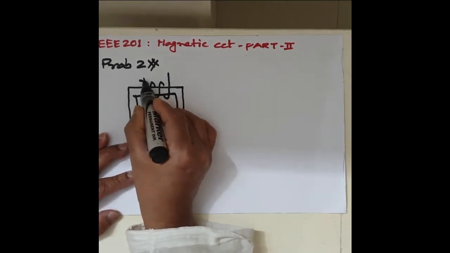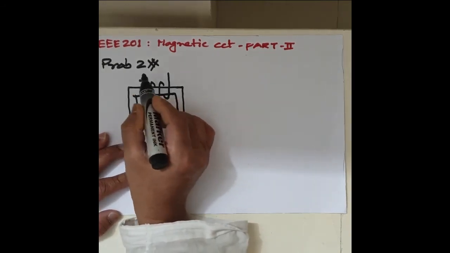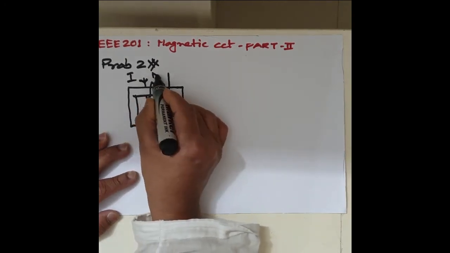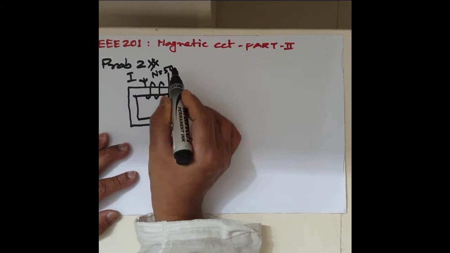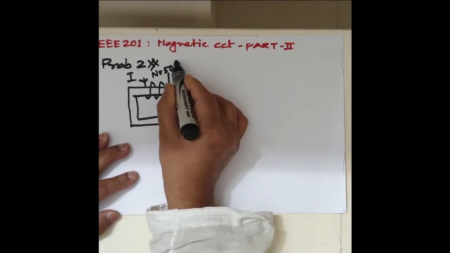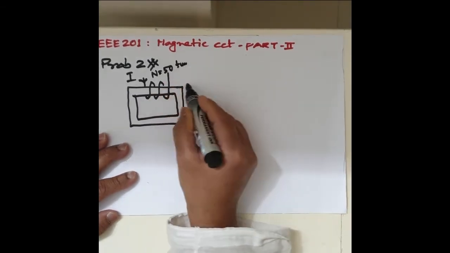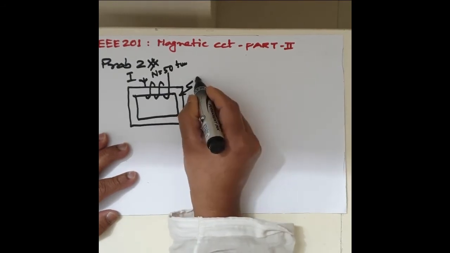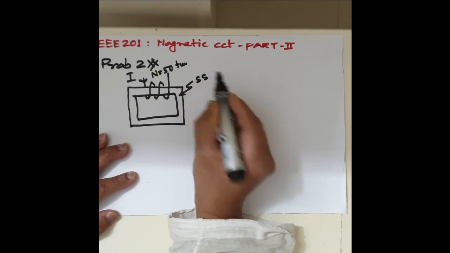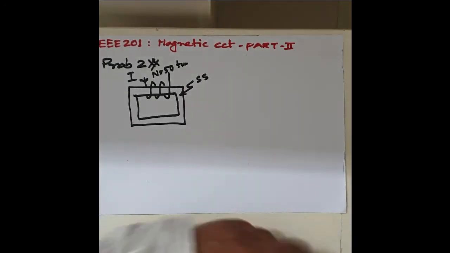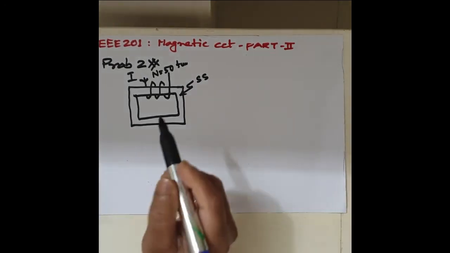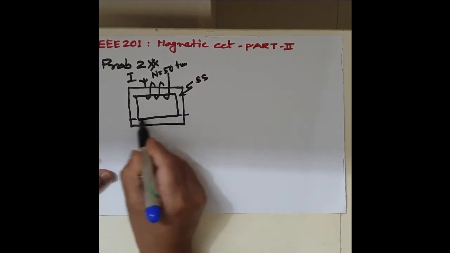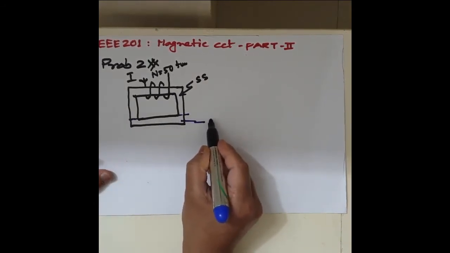So the current flowing through this was I, and N is the number of turns, which was given as 50 turns, and the upper part of this was steel sheet, and the lower part was made of cast iron,